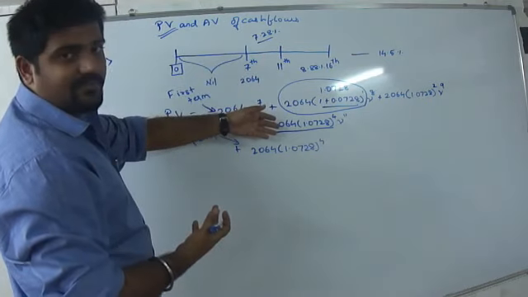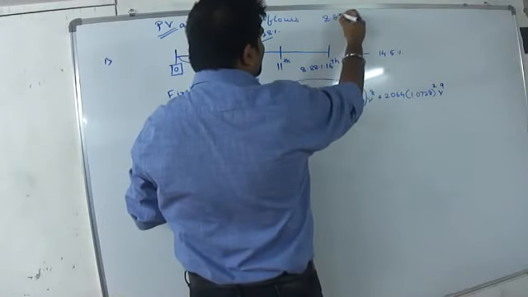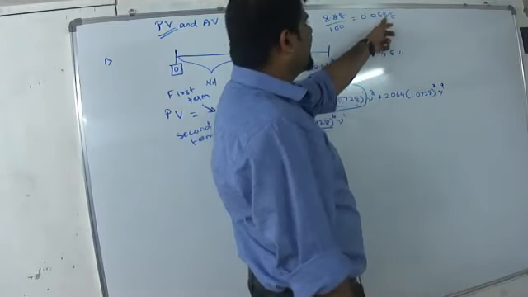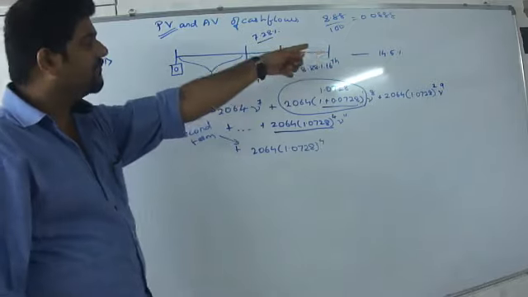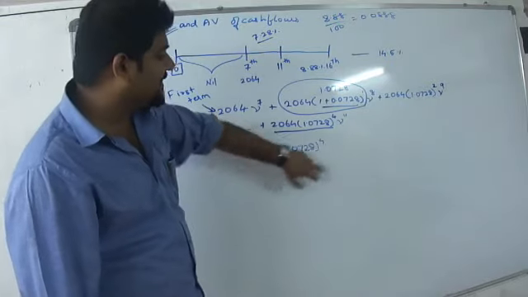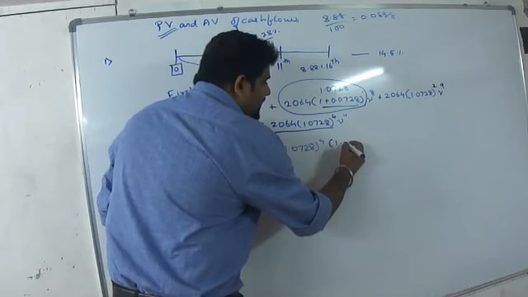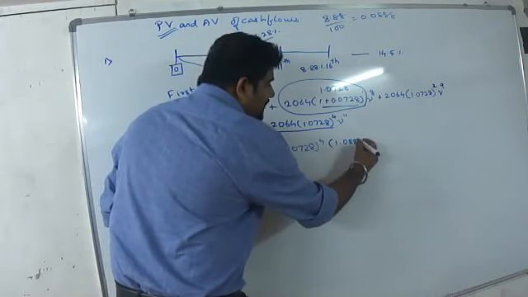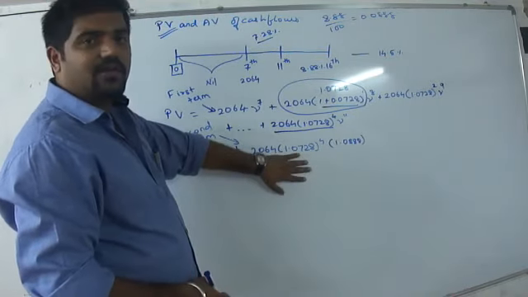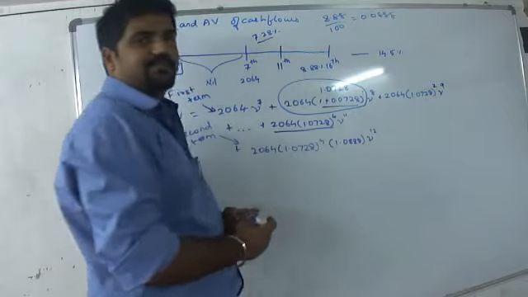So I will be multiplying it with 1 plus i. i is 8.88%, which is nothing but 0.0888. Make sure there are three 8s over here. Do not make the mistake of taking only 2. It will affect your accuracy. So I need to multiply this with 1 plus i to get the accumulated value. What is this going to be? 1.0888. I hope this is clear. But since this is in the 12th year, I will need to discount this for 12 years.